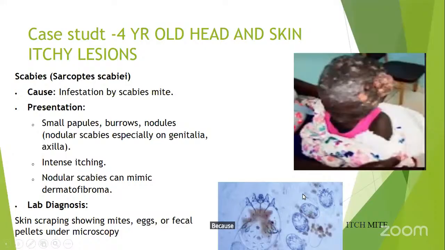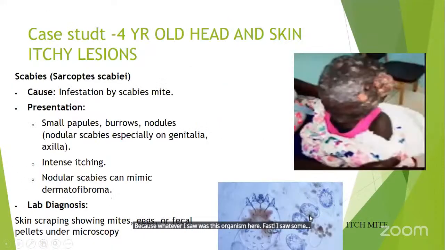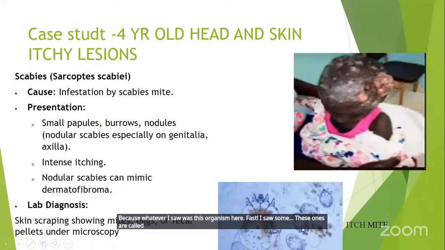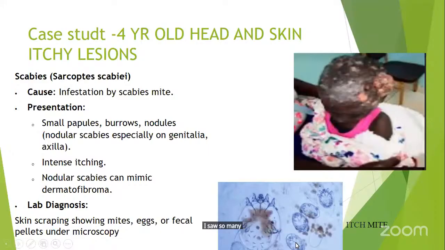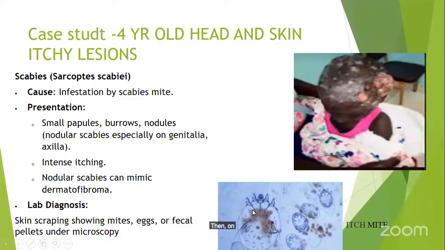Whatever I saw was this organism here. First, I saw these ones, called nits, the eggs. I saw so many of them on the slide. They are very characteristic. I couldn't miss them because they are very, very smart. Then I also found this organism here with several limbs like this, oval in shape. Then I ran fast back to my laptop to confirm what I had seen, and it was just a mite,